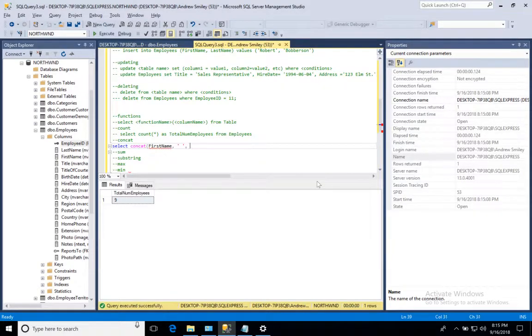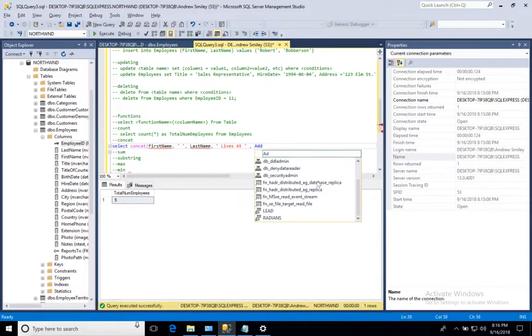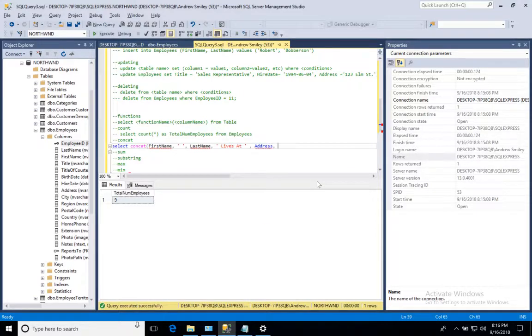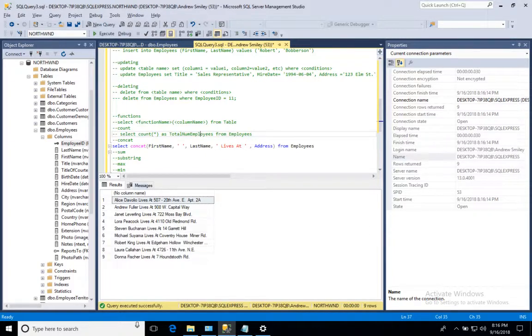First name, last name, lives at, address, from employees. So you can see we use concat, and we can concat all this info, but if we want white space in between it, we have to manually add the white space. So that being said,